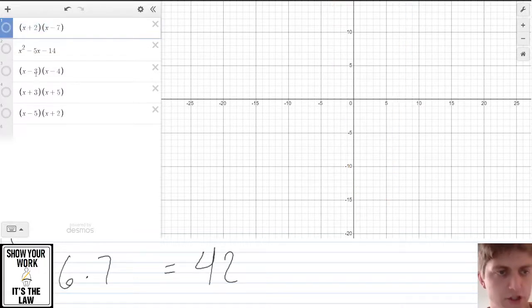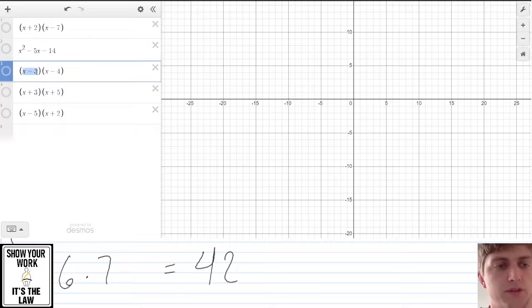So we already know what the trinomials look like for these. Here we have x minus 3, x minus 4. If we were to graph these, where do you think they would cross the x-axis? They would cross at 3 and 4 because the question you want to ask is what value of x will make this binomial 0? So if x is 3, 3 minus 3 is 0. If x is 4, 4 minus 4 is 0. So that means we're going to have a